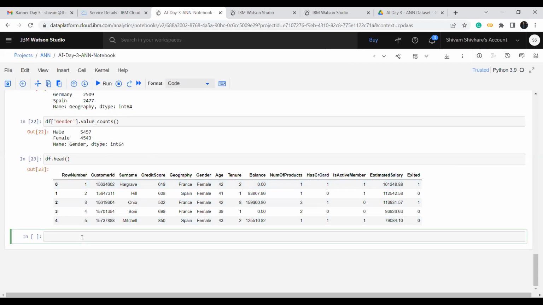So what I need to do is write the df dot drop function. Under that, I need to give the names: row number, customer ID, and another column called surname. So these three columns are not important. So if I run this,